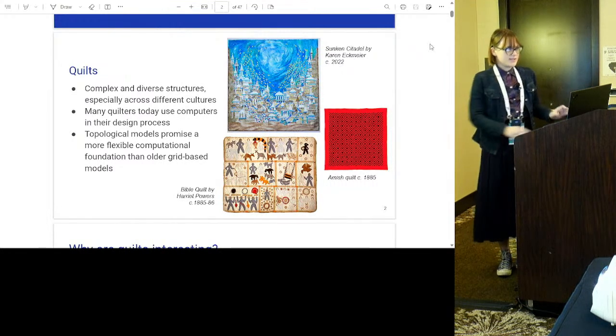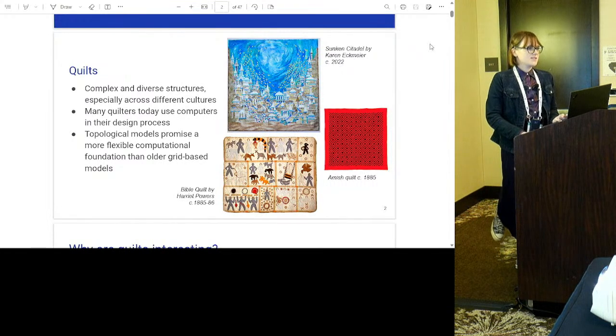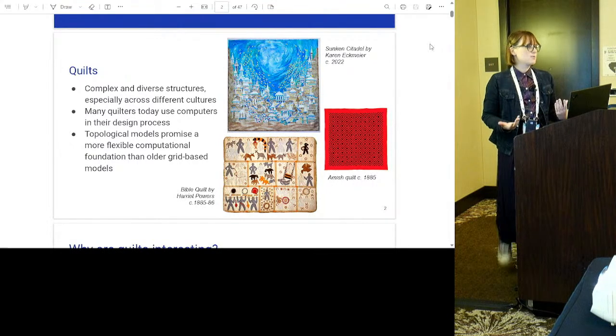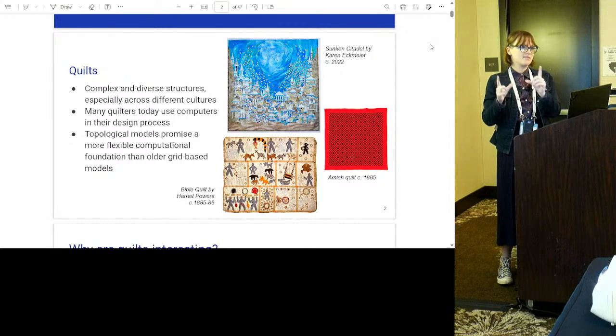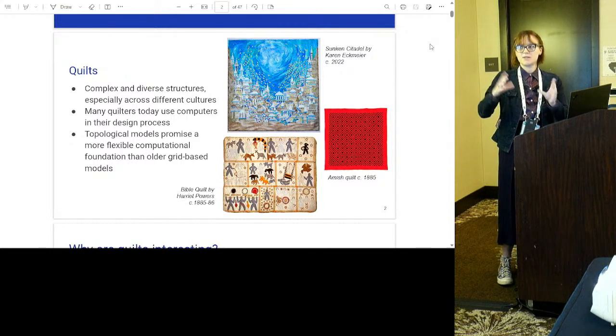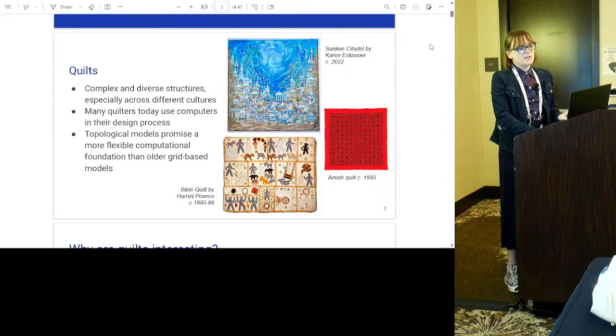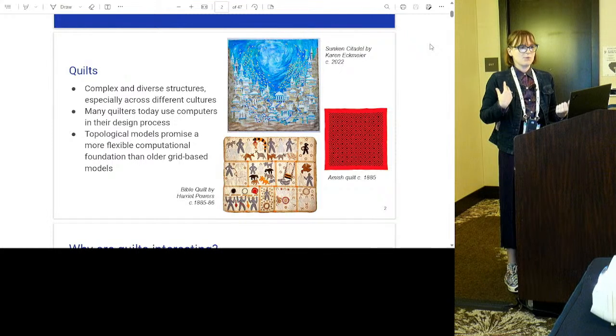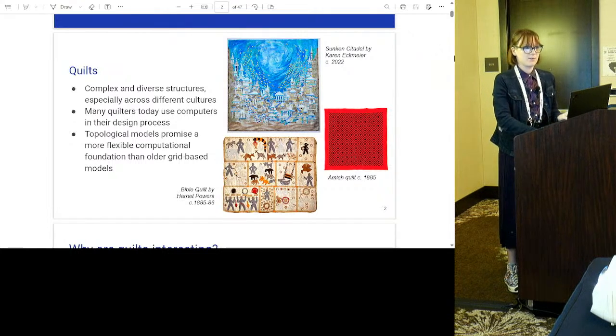Our goal with this work is to be able to represent all of these quilts equally as first-class quilts in our design tool, because currently they're not. You're limited in what you can and can't represent in existing tools that use patches and rigidly stick you to a grid-based design. We're getting around that by taking a topological approach, because that's going to allow us a lot more flexibility in terms of what we can represent, because we're not worried about the exact geometry of what we're dealing with.